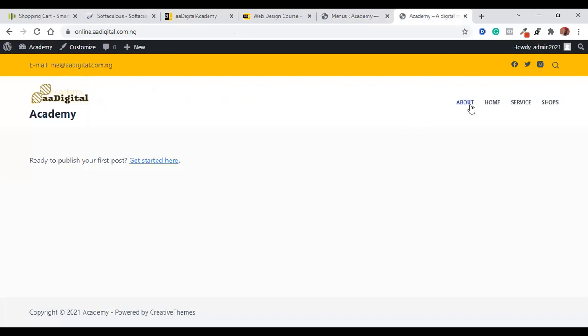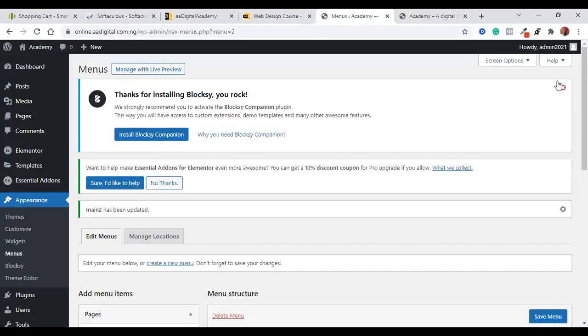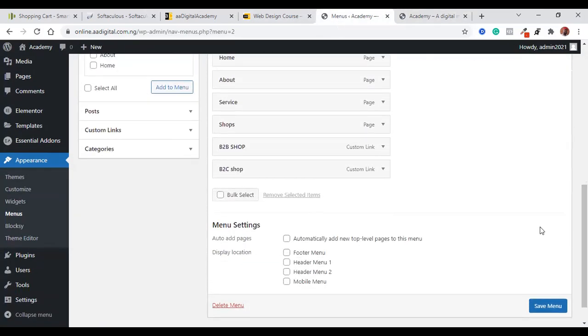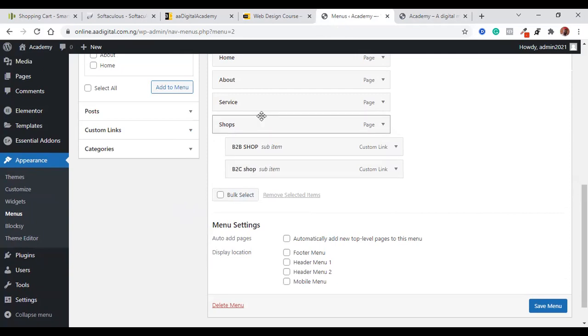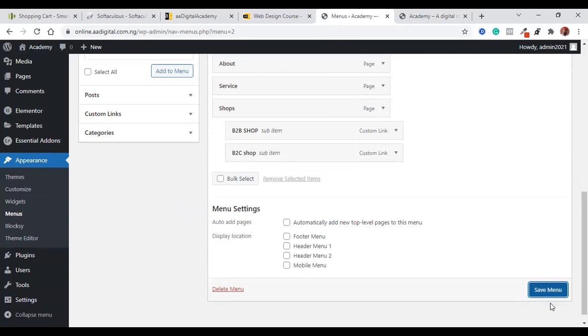You can see. Did you see that? About home, shop, service. So the other one is not there. So all we need to do is to make them what? A submenu of what? Of shop. You drag, you shift it a bit. You can see subitem, subitem. Do you understand? So when I save it,